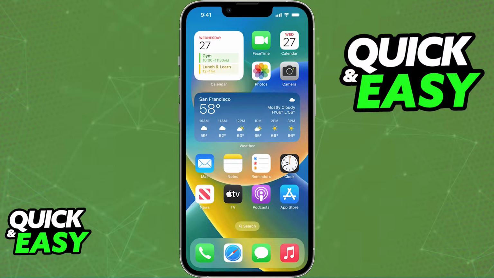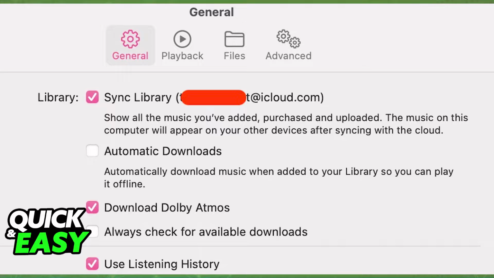So if you still want to go through with the setup, first, in the iTunes app on your computer, make sure you are signed in to the iTunes Store on the device using the same Apple ID on both devices. Now, set up your library of music, and after you are satisfied with all the music and playlists that you have,